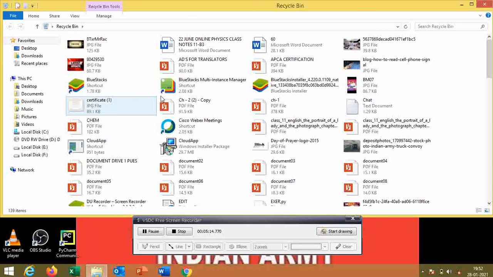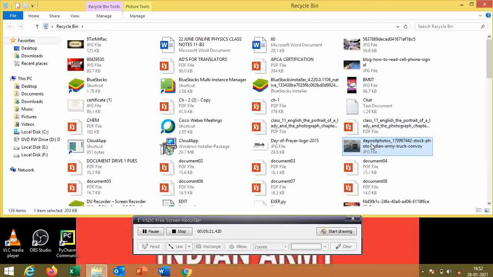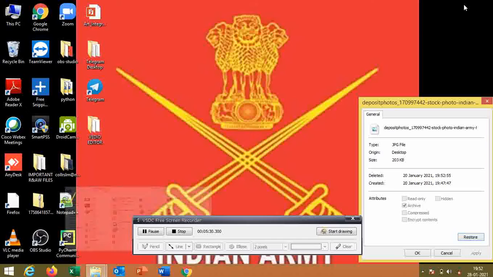Yes, in the recycle bin you can see that Indian Army truck convoy. Yes, you can see that the origin is desktop, so it will be easier to identify whether this file was created from the beginning or was restored just now. So now it is very easy to see that it has been restored.